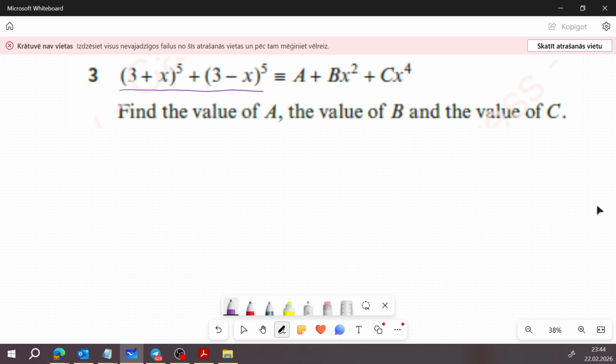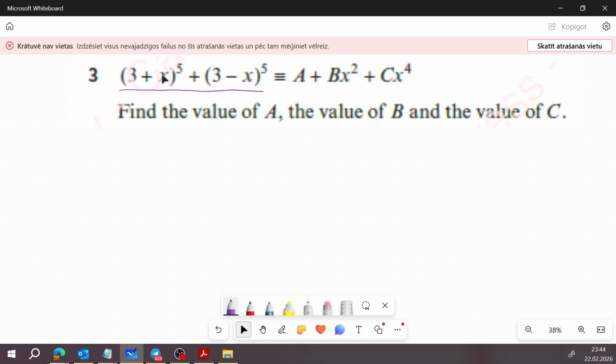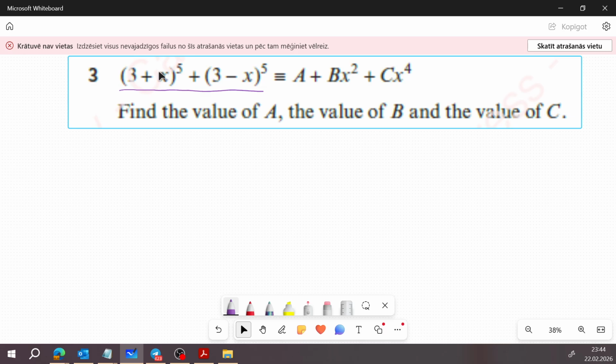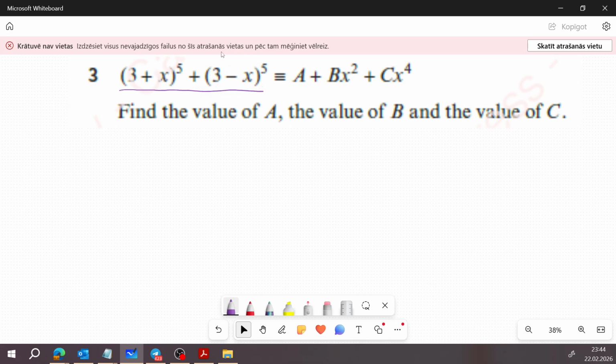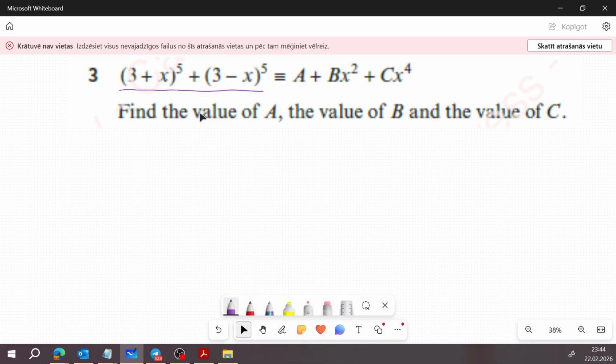Here we have 3 plus x, but here we have 3 minus x. That means that when we open the brackets, some of the terms will disappear, because we will have here only positive terms, but some of the terms here will be negative, while the coefficients before them will be the same. That's why let us firstly open one and the same term, and we can see it from the